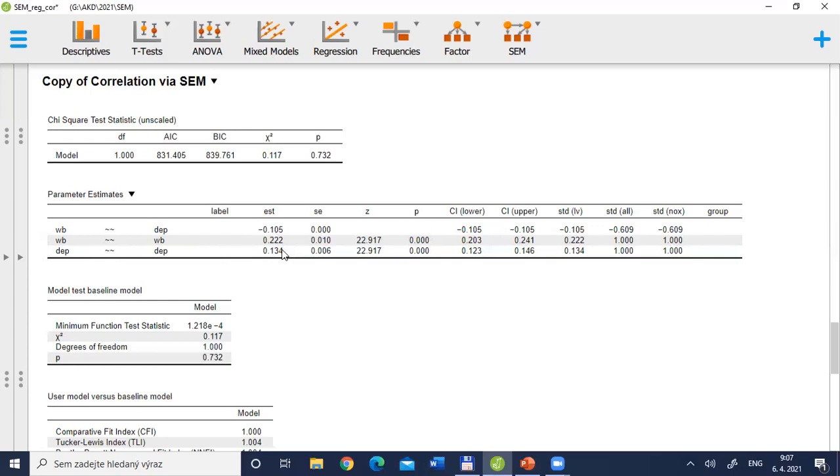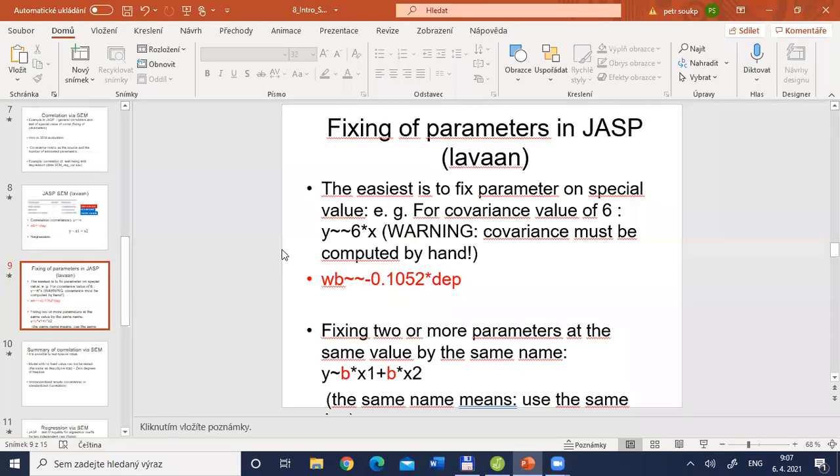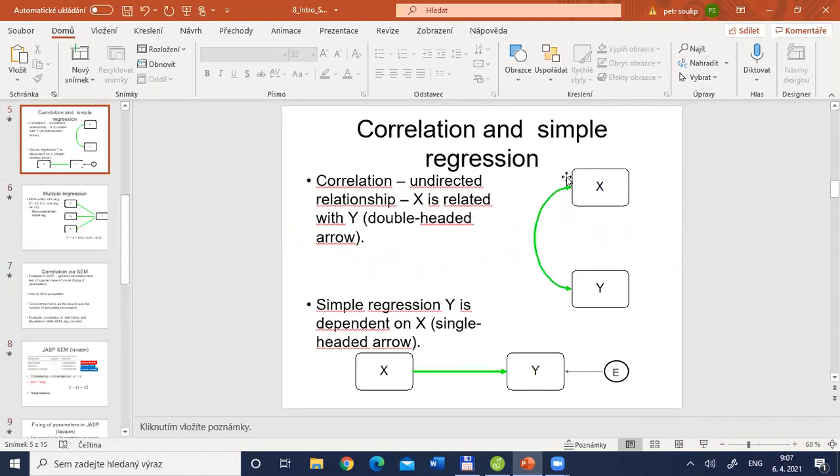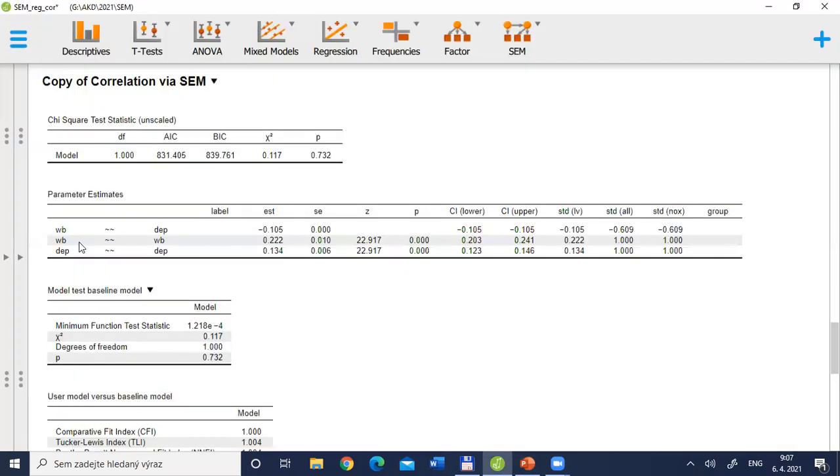And if I go back to our presentation from the previous discussion, we said originally we have 1 variance, 2nd variance, and relationship, 3 pieces of information. And currently we are using only 2 from these 3 pieces of information. So 3 minus 2 is equal to 1. And that's why degrees of freedom for this model is equal to 1. So here there is a space for testing. So here I can test this model. And now I would